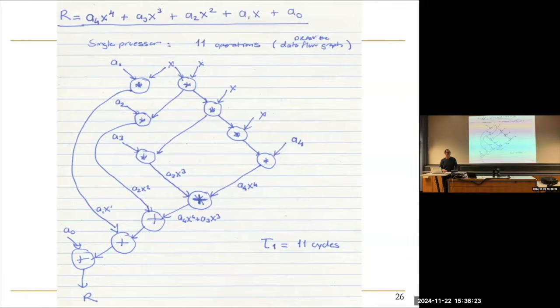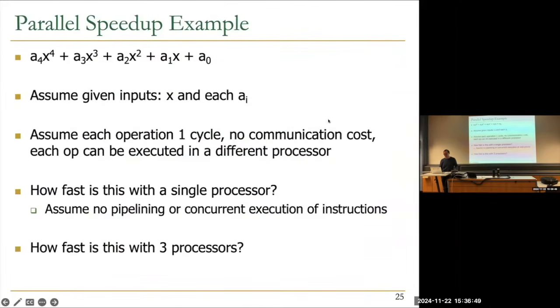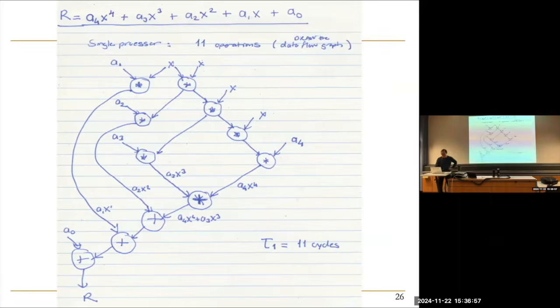Is that true? Yeah. Okay, so the majority won in the parallel single thread case. That was 11. Hopefully no one has an issue with this 11. I have no idea why someone would get 14, but we can figure that out later. How did you get 14? Oh, I see. Yeah, but if you look at this, no communication cost, each op can be executed in a different processor, assume each operation takes one cycle. It doesn't say anything about fan out. Yes, you assume something about fan out. Well, you were wrong as a result.